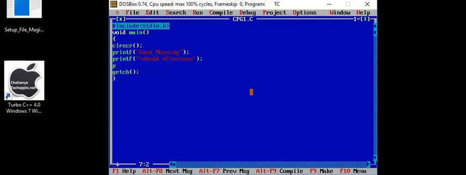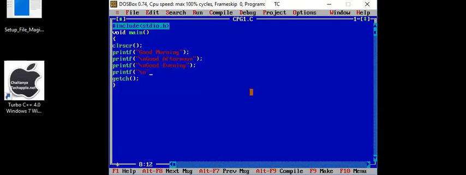and I use one more printf. Then I go for \n. If you don't use \n, we get the message in the previous line, so I am using \n. Then here I write good evening. Okay, sorry, I type good evening. Then I use one more printf and \n, tilde symbol, anything you can type here.